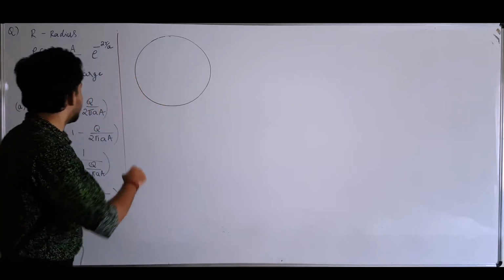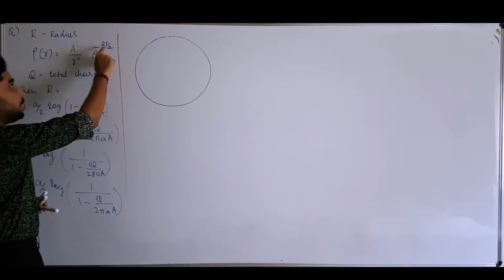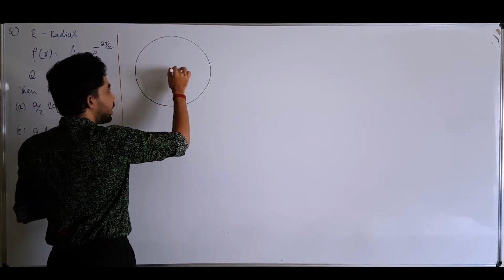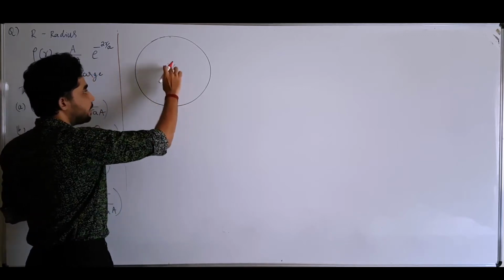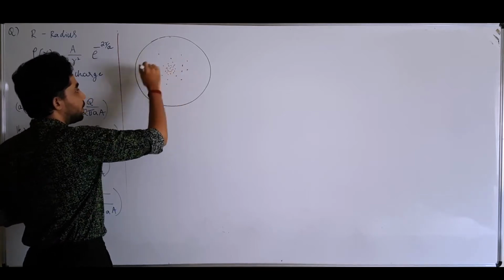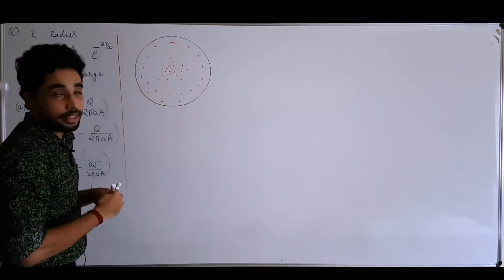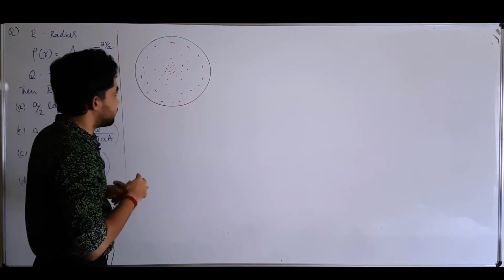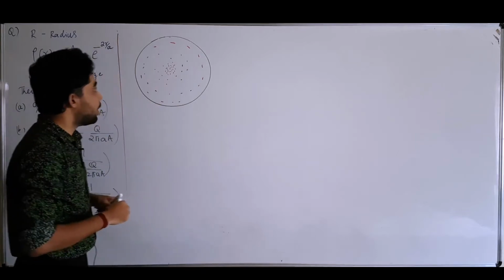Now here, as you can see, the density is decreasing with respect to the square of the distance. Also, exponentially it is decreasing as the distance increases, which means that the charges are highly concentrated at the smaller values of r, but as r increases, the charges get reduced. So something like this. That's how the charge density varies: highly concentrated here, and here the concentration becomes lesser and lesser. Now to find the total charge, we can take the help of integration.